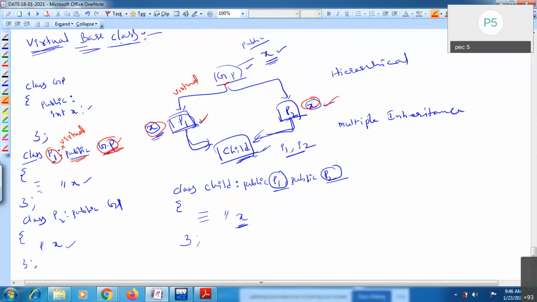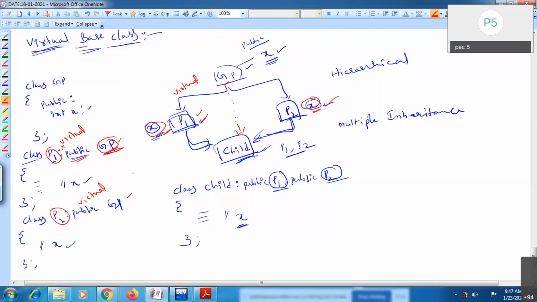Now for p1 the same member is shared, for p2 the same member is shared, and the same member is shared with the child as well. In this case there is no confusion and no problem. Similarly, while deriving p2 you also need to make the base class virtual.